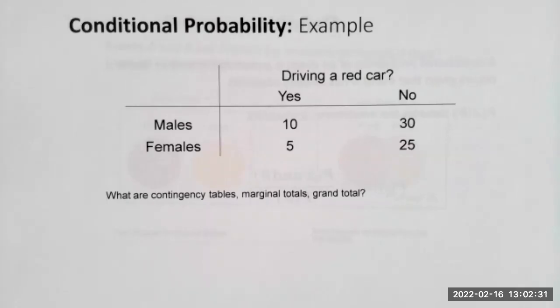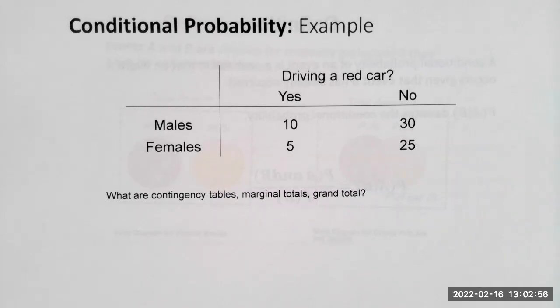In this video, we're going to be talking about contingency tables and conditional probabilities. But first, what are contingency tables? Contingency tables, also known as two-way tables, are used to describe data that was broken down by two separate